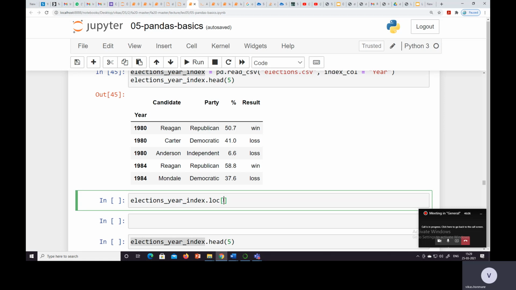So here we want the rows which have the year in between 1980 to 1984, and the columns are candidate and party.